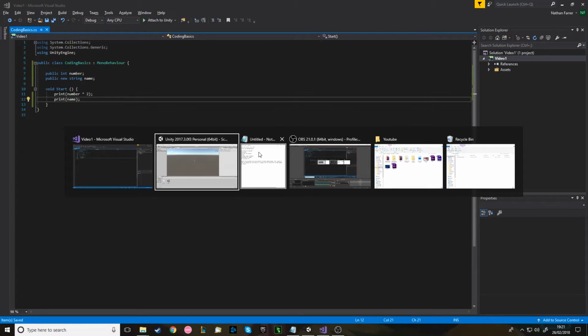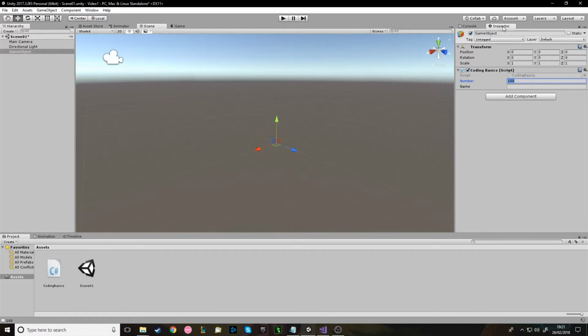So if we go back in the code again to inspector, there's a new area here for name. And because I've said it's a string, it knows to give me a little text field like here. So I can put in, because if I put in letters here, well, I can't first of all actually. So that's one thing. Same with here. I think I can put numbers. Yeah, because numbers can be strings. But letters can't be numbers in this sense. It's not algebra, it doesn't work like that. So if I put my name, Nathan, and press play,